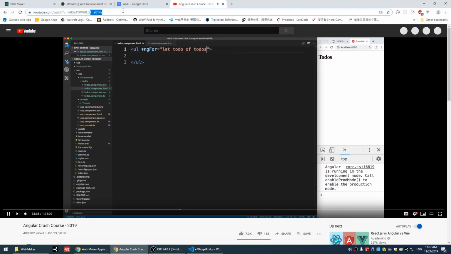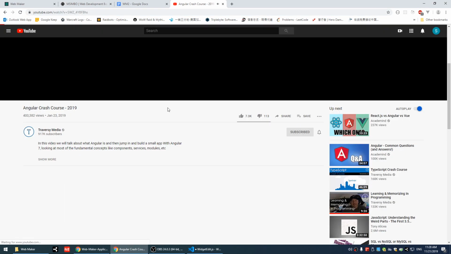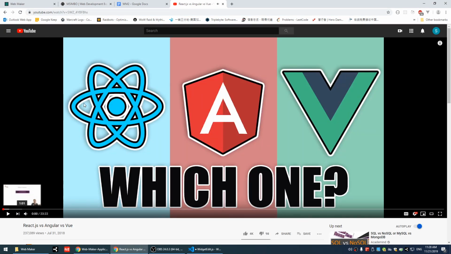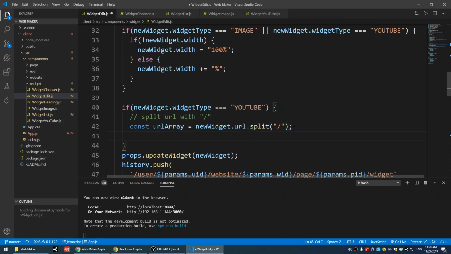Basically, you're trying to get the part after the slash. I'm looking for a new video like this one. I'm getting the part after the slash, the watch question mark v equal to, like this part. I'm getting this part, all right. So getting the last element inside it,